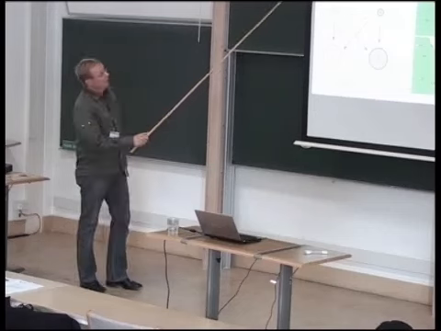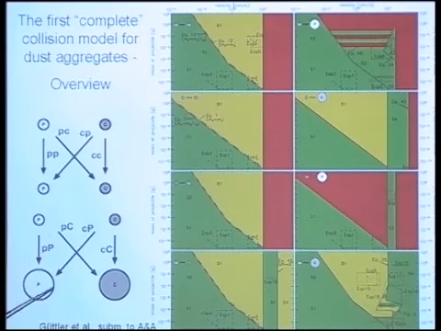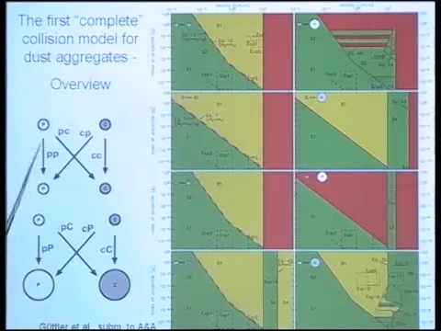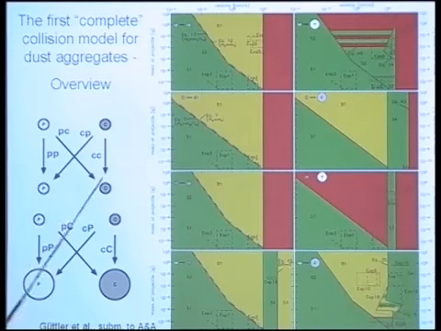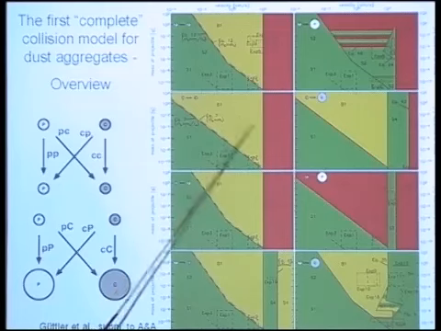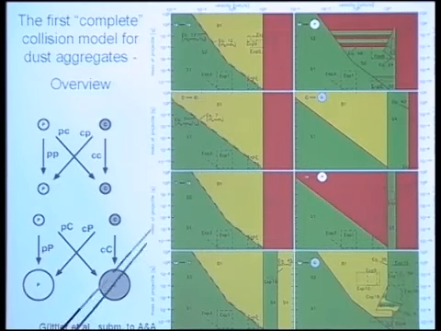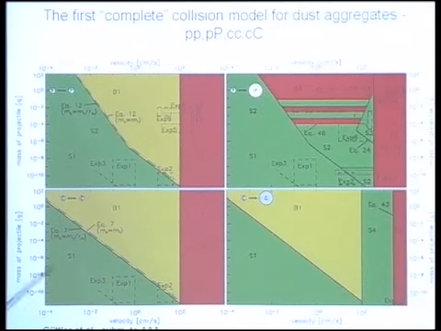Again, we have collisions between equal-sized particles, either porous or compact, and between aggregates of different mass, porous or compact. All 8 combinations are here. So little p is this collision, a small porous projectile hitting a large porous target is that collision, and this is the compact and compact large, and all the other combinations are here. Okay, let's zoom in on the top 4. So porous and compact. Green color means sticking.